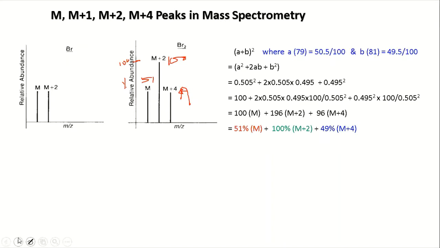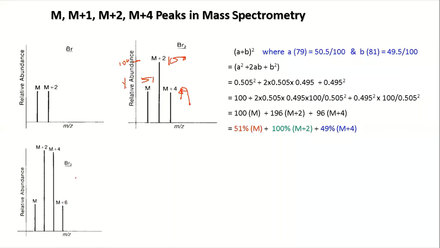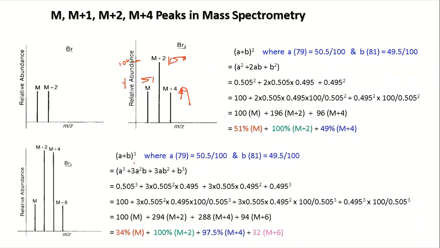Now if I give you a bit more complicated one, suppose I am giving Br3. You are trying to get how the Br3 will be projected. Here I have given the mass spectrum already. Now you can understand how this is coming. If I take Br3, that means you have (A plus B) to the power 3, because you have 3 atoms. Understood? Now you put accordingly. I'll just tell what will contribute what. So you have A cube plus 3A square B plus 3AB square and B cube.